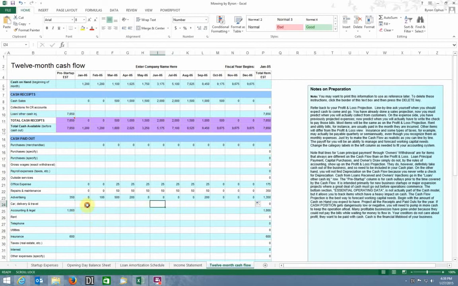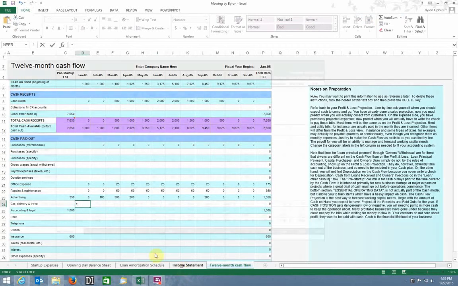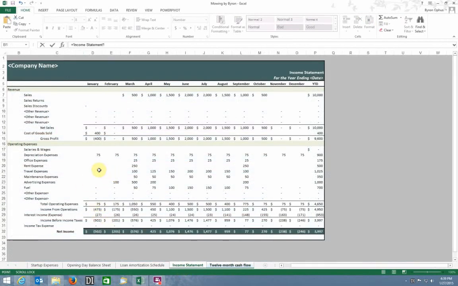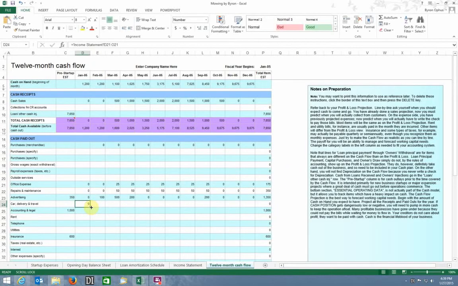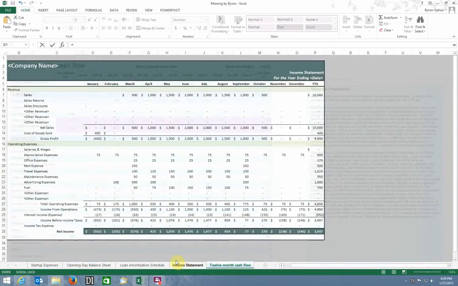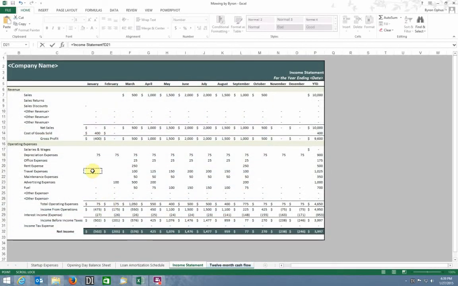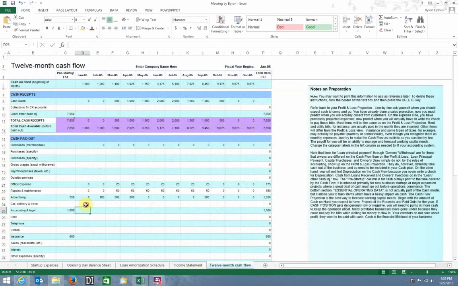Card delivery and travel, I know that I had some of the travel expense, so I can just hit equals. A little different title, but it's the same. I could change the titles if I wanted to. Well, I keep doing that. Keep grabbing that whole thing, and I don't mean to. This should just be equal. I should come to the first one and go enter, and then